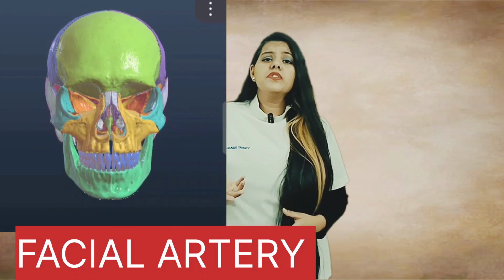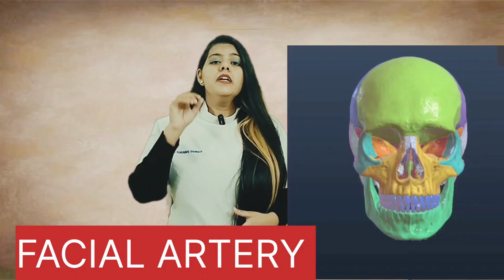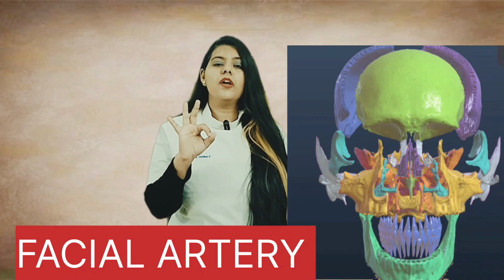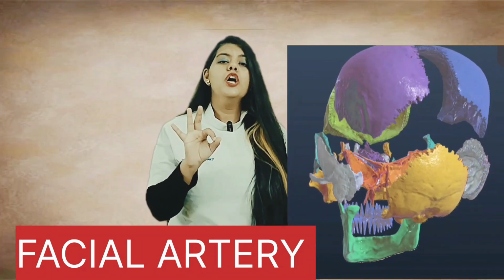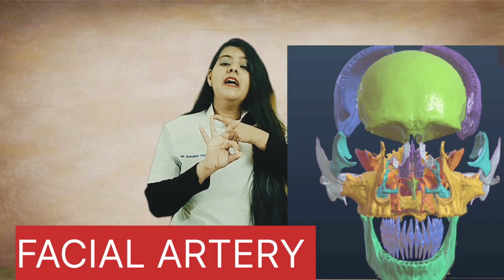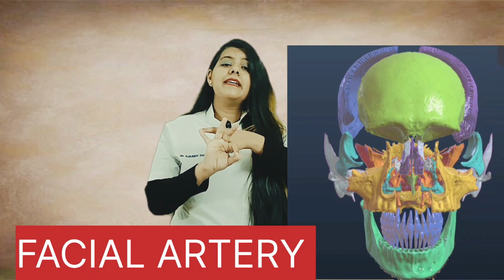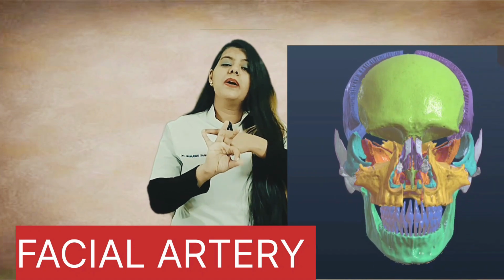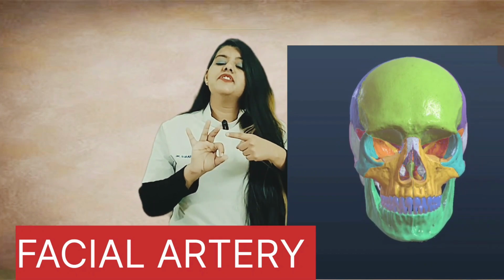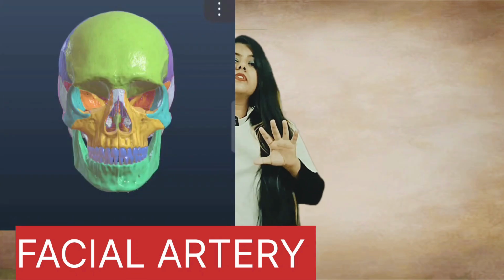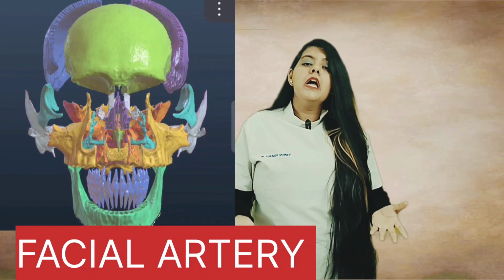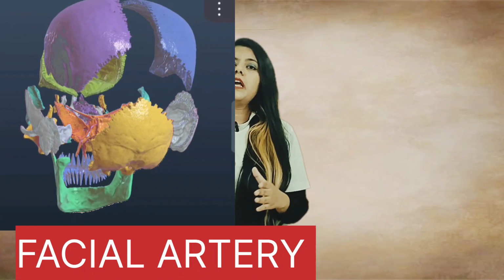Now before we begin with the topic, let me tell you something. There are 3 things by which you can score very good marks in anatomy, or maybe you can be the topper of anatomy. The first thing is colorful diagrams, second the flow chart, and third one is highlighting the important points in your answer while writing in the exam or in a test, right? So these are the three important tips for anatomy, so you can score as many good marks as you can. Today's topic is the facial artery.